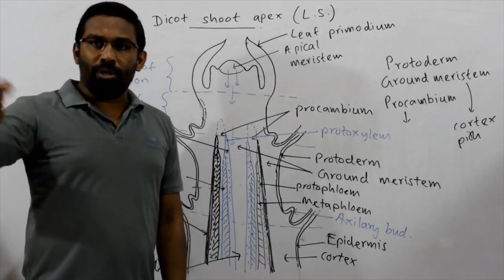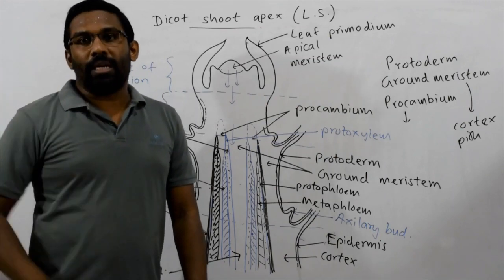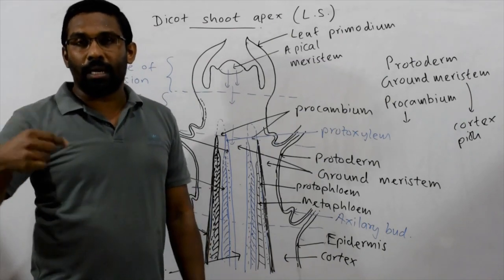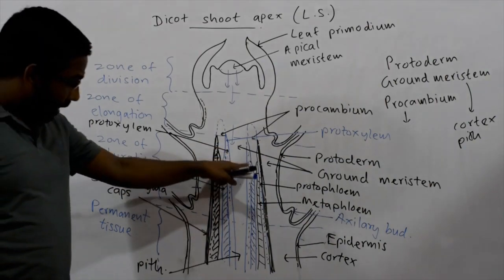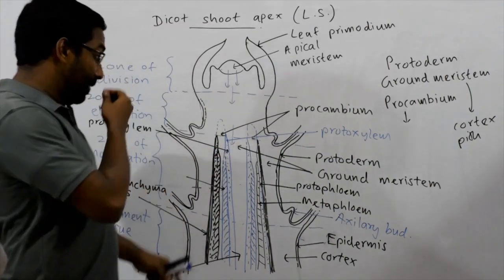That means inside the leaf there is a midrib which contains a vascular bundle. That vascular bundle continues with the stem. So if vascular bundles are continued like this, what can we say about procambial strands? These procambial strands are also continued. Here you have a diagram in the note, you can observe there.